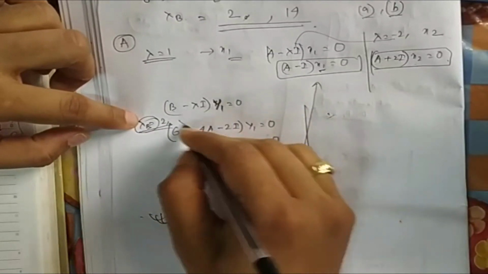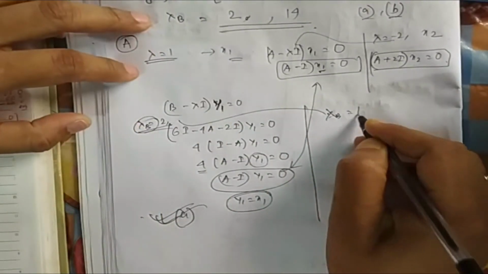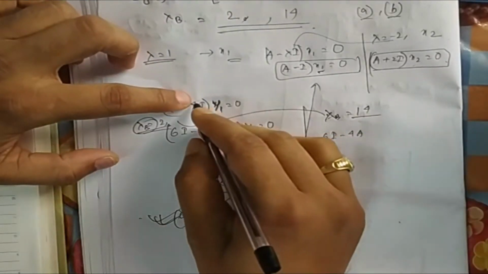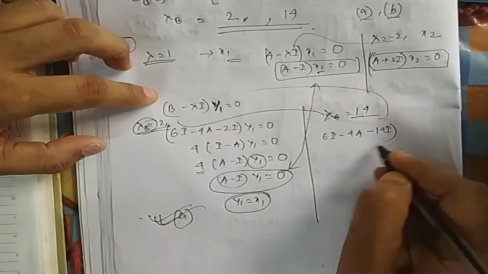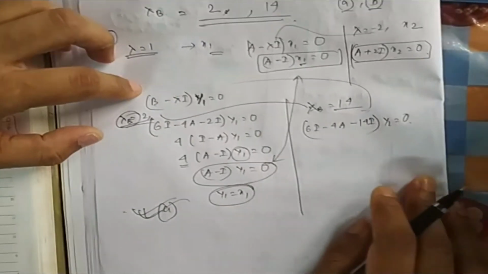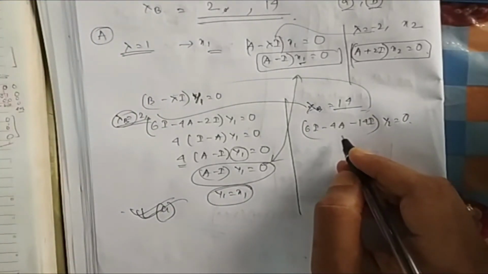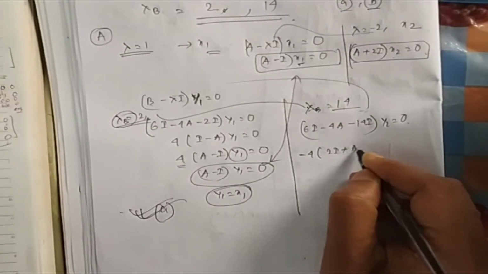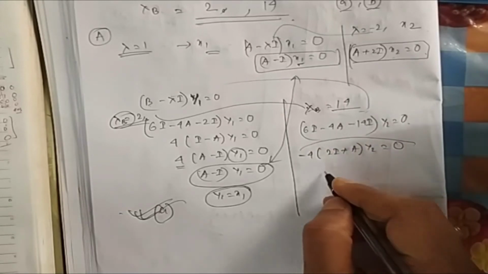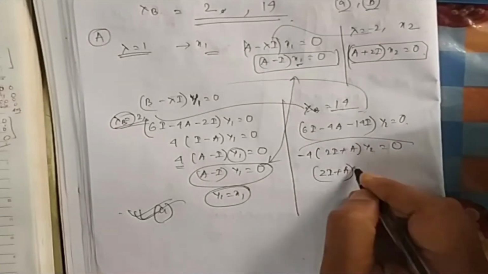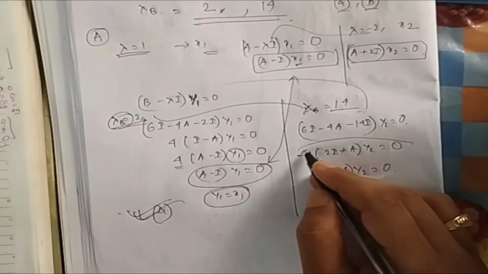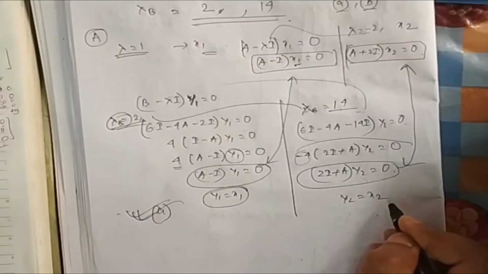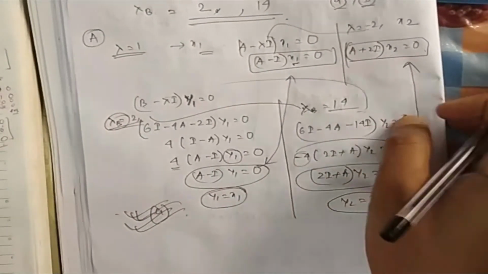Next, the eigenvector of B for the other lambda, what was that? Another eigenvalue is 14. So if you put 14 in place of lambda, 14I, suppose it is y2 equal to 0. If you take common minus 4, then it will be (2I plus A) into y2 equal to 0. Again you can forget minus, because I am concerned about the vector only, so the scalar multiplication you can neglect. These and these, if you look, both are the same, that means y2 is also equal to x2. So obviously option A is the correct option.